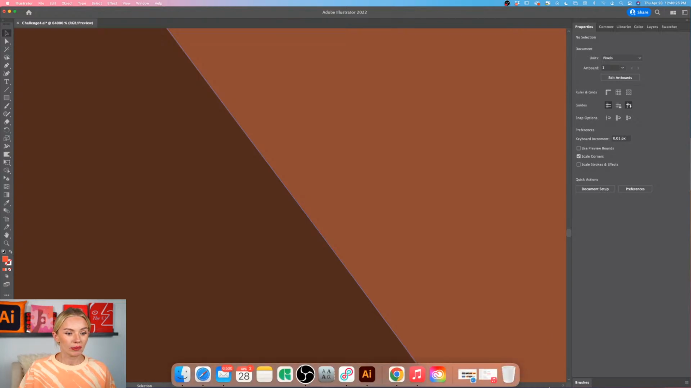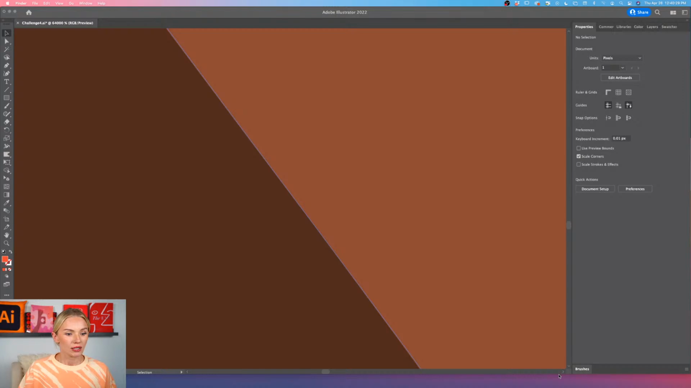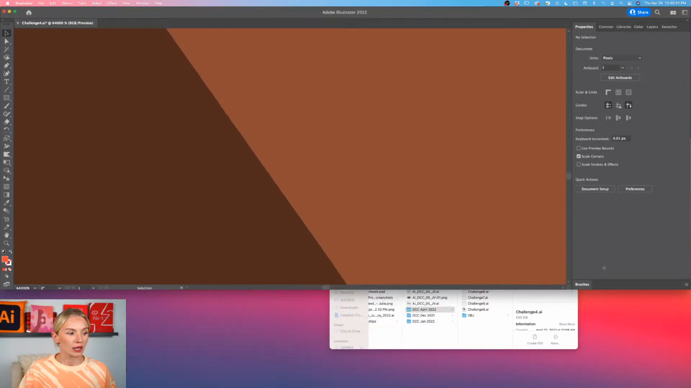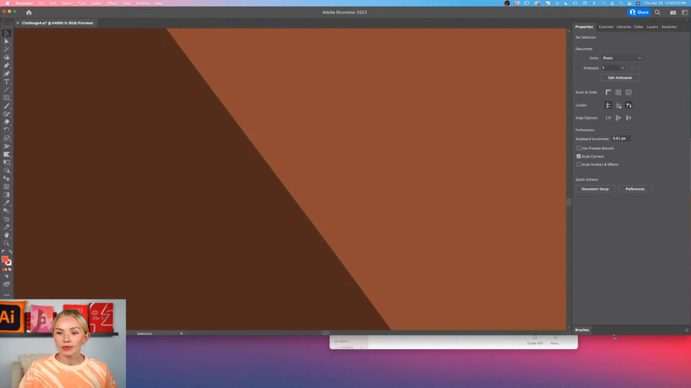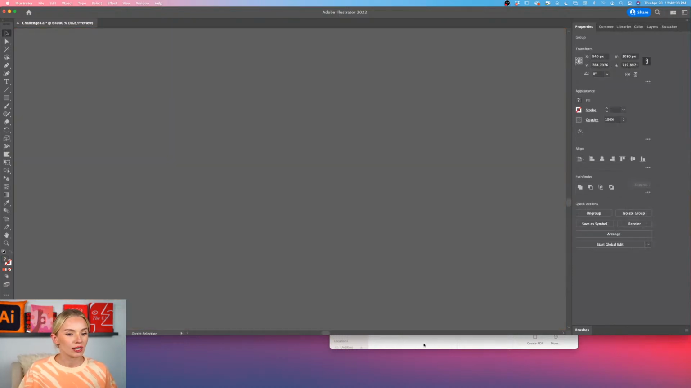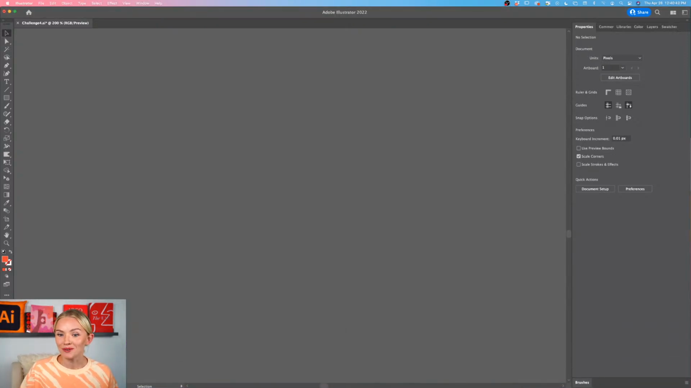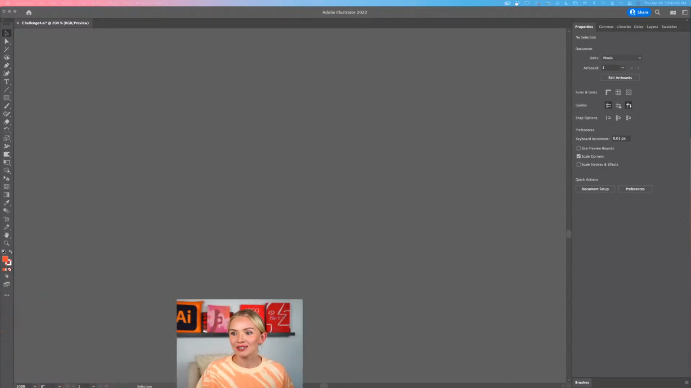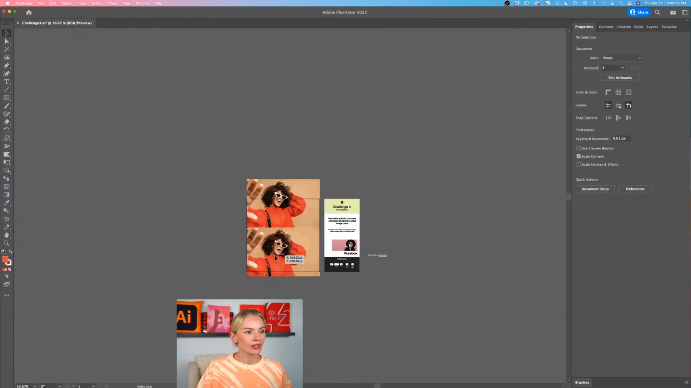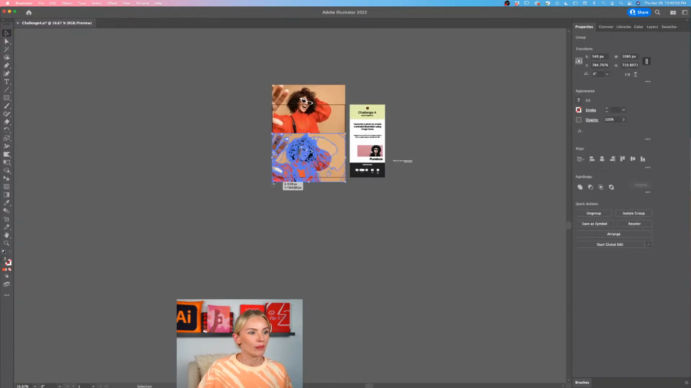So let me pull up Illustrator so that you can see what I mean. Hopefully you can see this, or actually let me just move myself to the side, and that will also help. All right, so here you can see that right now. So let me go back